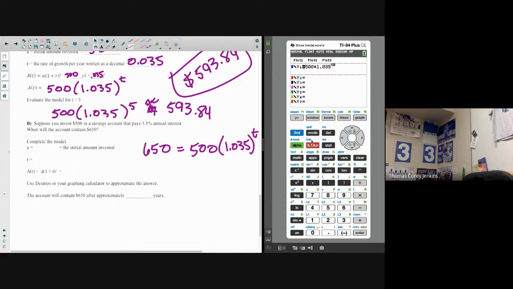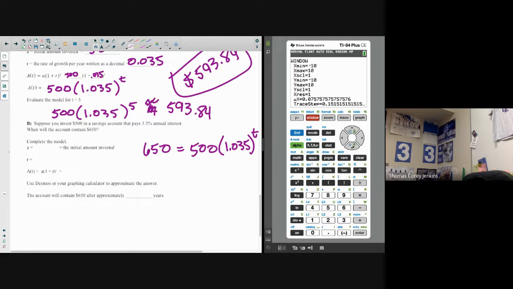All right, and then let's set our window. Let's do another function of just y equals 650,